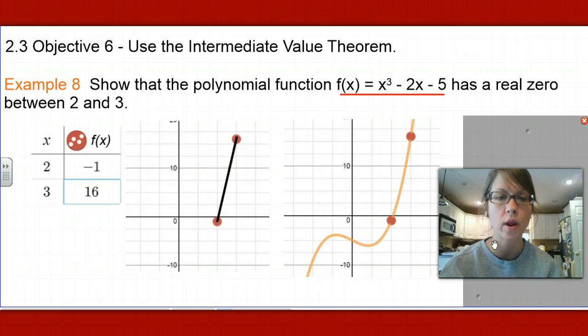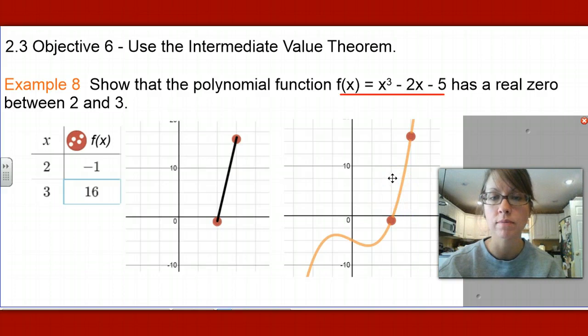Or completing the square here. But it would be showing you maybe an irrational zero, one that would have a square root in it. Not imaginary, just not something you could find with factoring. Okay, a couple of cases where the intermediate value theorem would not prove would be, let's say that you have your point